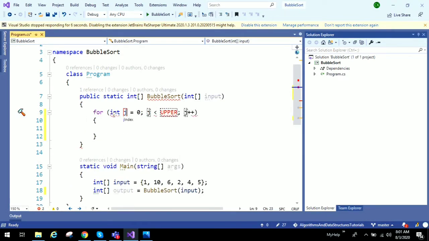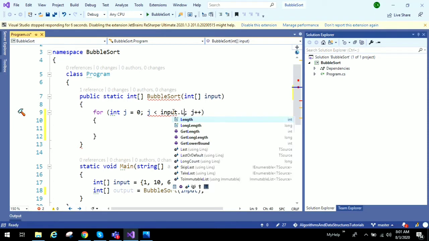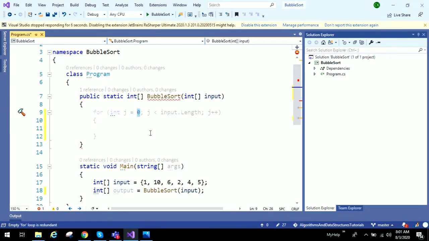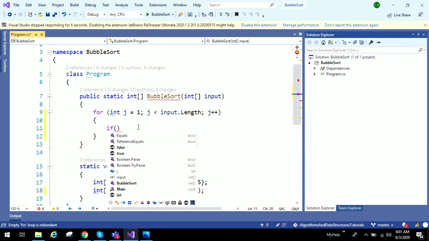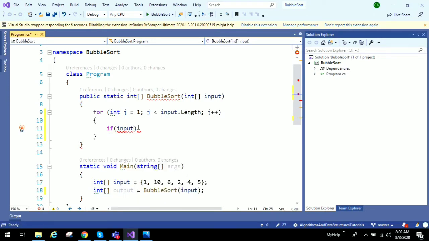We need to start with the second element. The second element means index 1, because our array index starts from 0, so I am starting from 1, and till the end I am checking that. Now I need to verify if the current element, that is input of j, is smaller than the previous element, that is input of j-1.